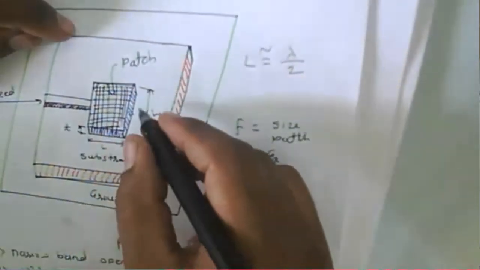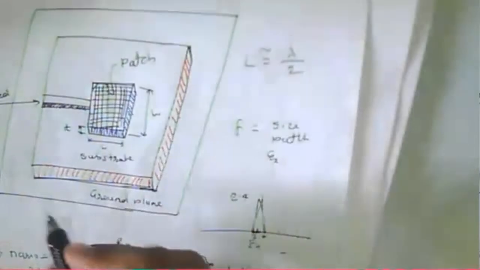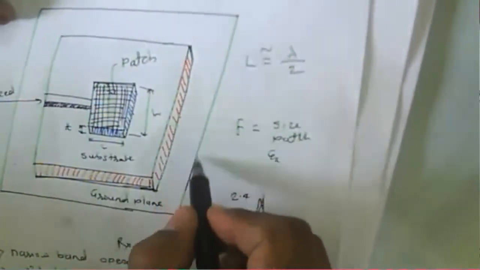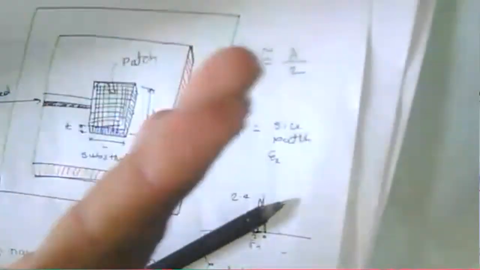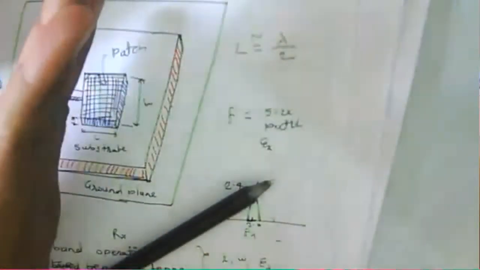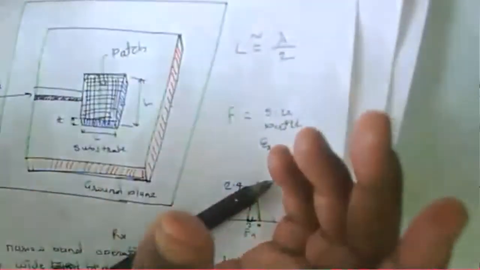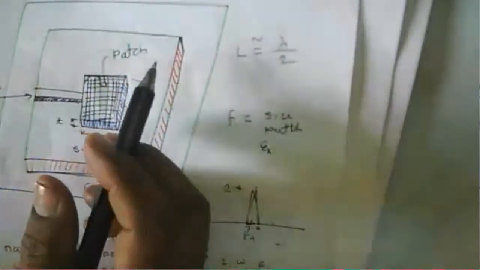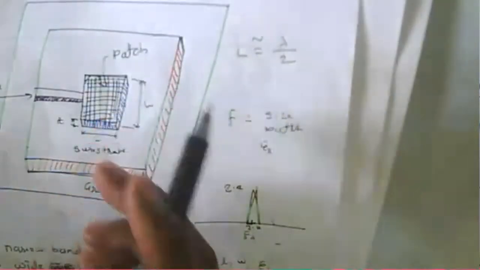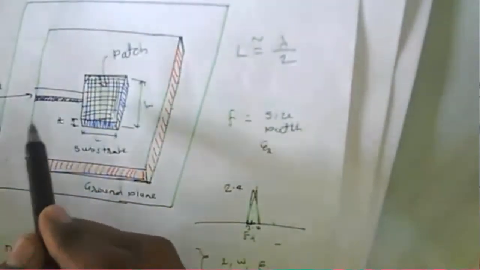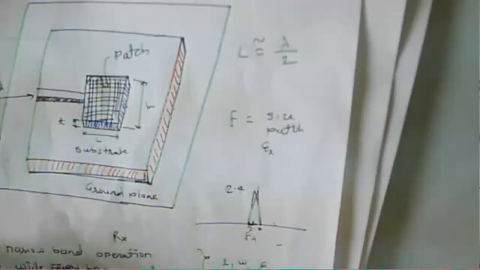Generally, you know a two-sided PCB has a ground plane. Likewise, we have a ground plane on one side of the PCB, and on the other side we develop one particular shape, a rectangle or a square, which is nothing but a patch antenna. We can also place the microstrip line on the same two-sided PCB. This way your antenna works.